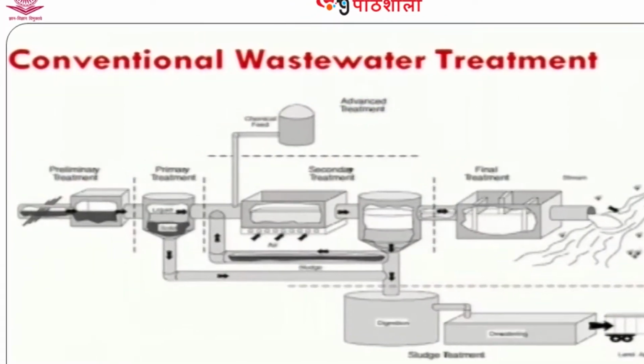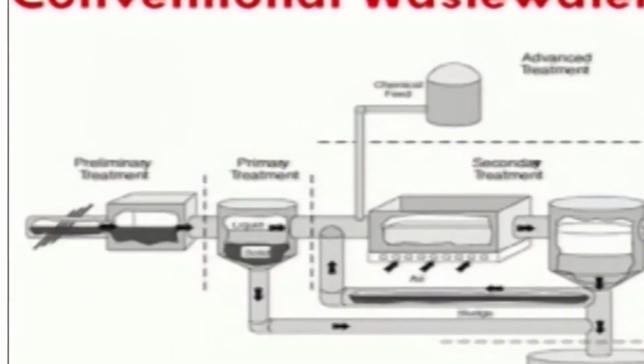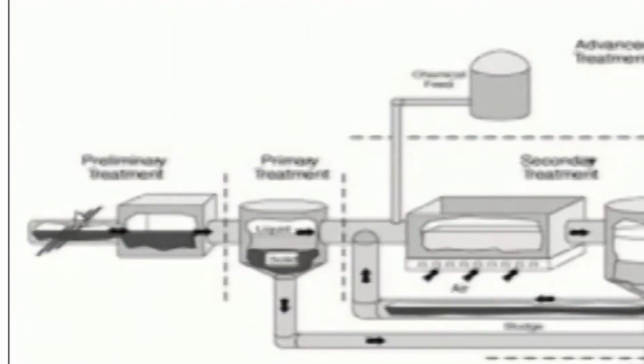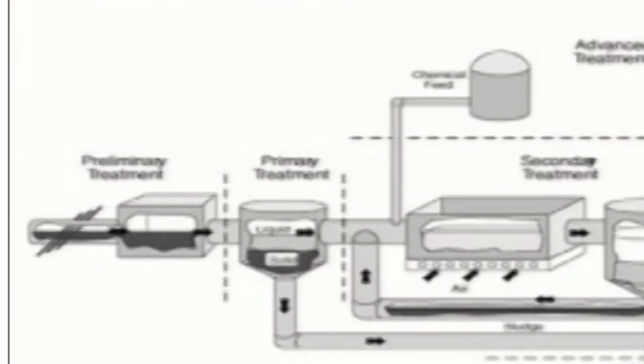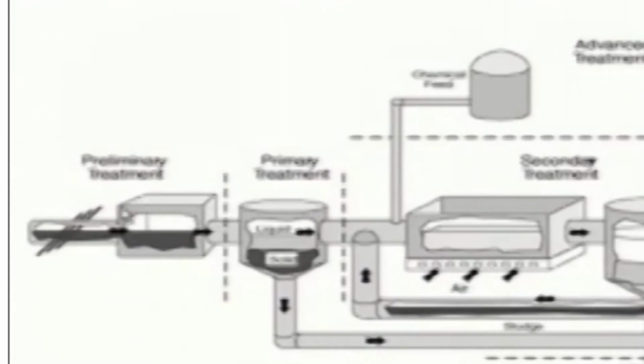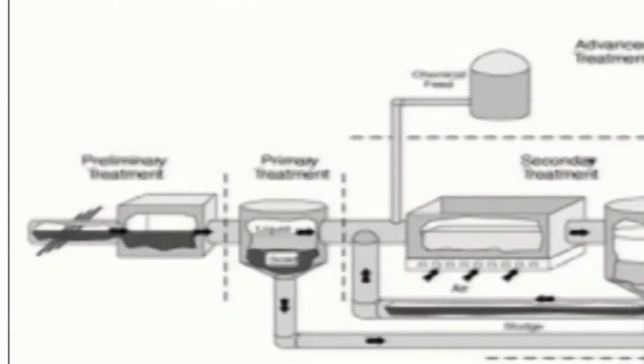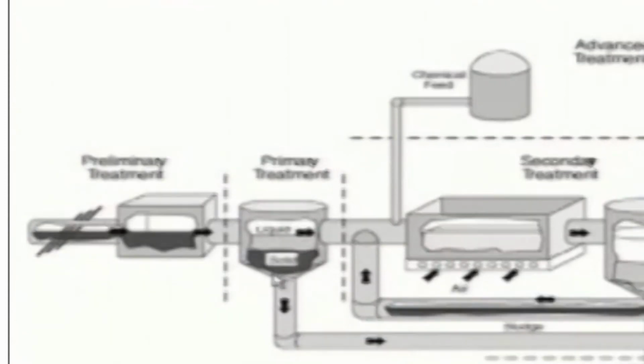This is a schematic flow diagram of a conventional water treatment process. Here, the raw water to be treated is fed into the bar screen. There, we are trying to remove the floating matter, rags, paper and other bigger macroparticulate matter dispersed in water. Subsequently, by incorporating a grit chamber, we are trying to remove sand particles and other bigger inorganic matter present in water. Subsequently, we have a primary clarifier. With the help of this primary clarifier, we are trying to capture 80 to 85% of settleable suspended matter and 30% of the total BOD present in raw wastewater.